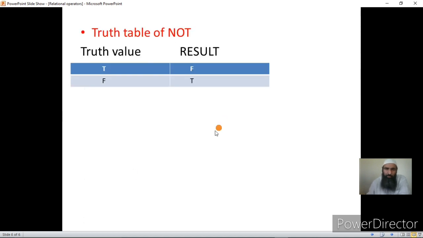As I told you, both OR and AND act upon truth values. Now we have a truth table for NOT. Since NOT is not a binary operator, it is a unary operator, it acts on a single operand. The single operand can be true or false, because NOT also acts on the truth value of an operand, and the truth value of a particular operand can be either true or false. In case it is true, the result it produces is false, and in case it is false, the result it produces is true. So it does the negation.